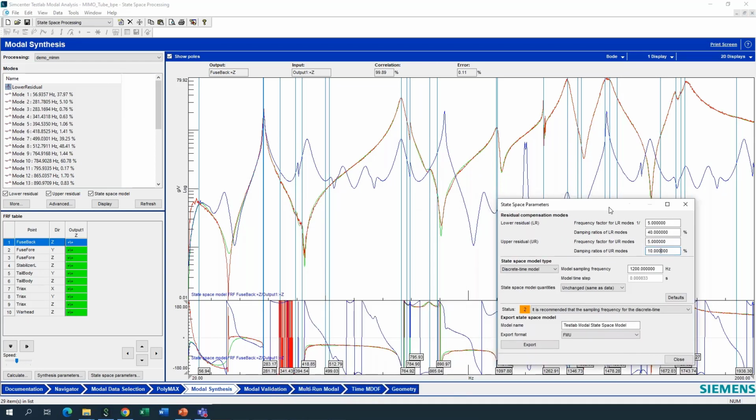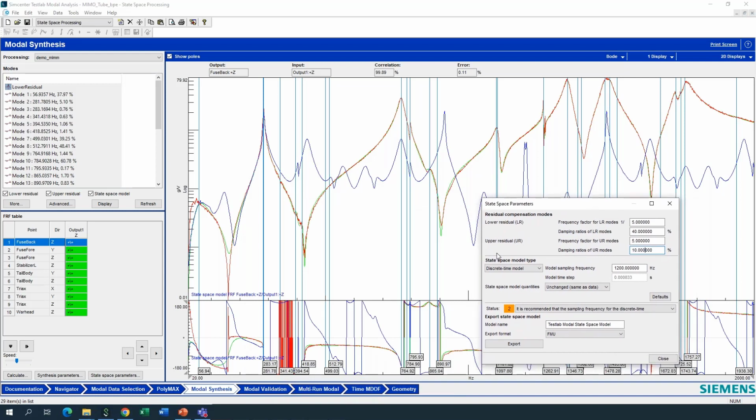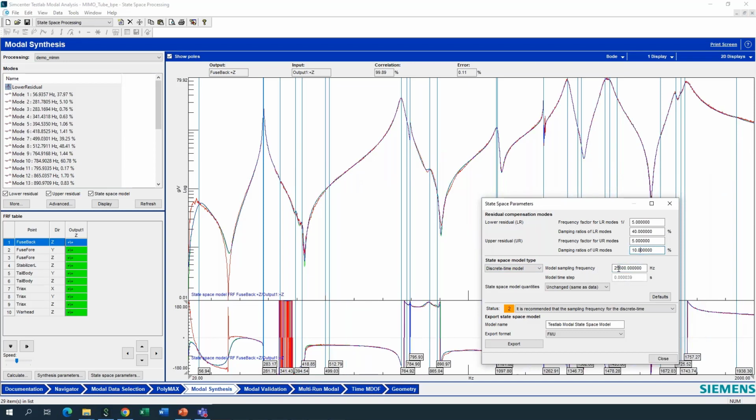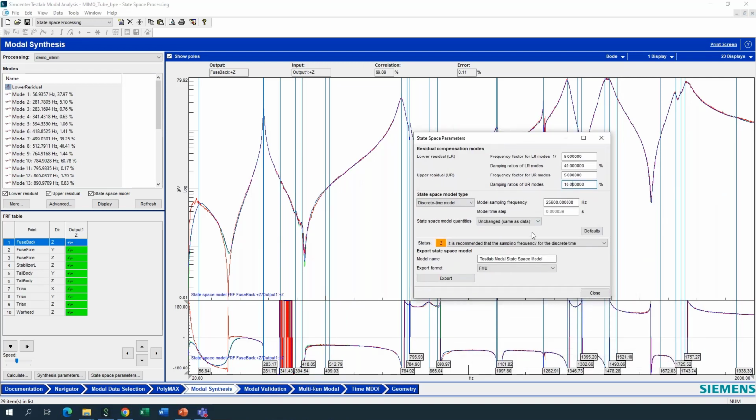That's why we have this functionality here to generate a discrete time model rather than generate a continuous time model and pass it to a colleague who needs to discretize it. Without knowing the frequency content of your data, it's a bit tricky. So the conversion can be done also here in TestLab, so that you're absolutely sure that you get a very high quality model. If you again take 25,600, I'm representing my data very closely, and I will have a good model.